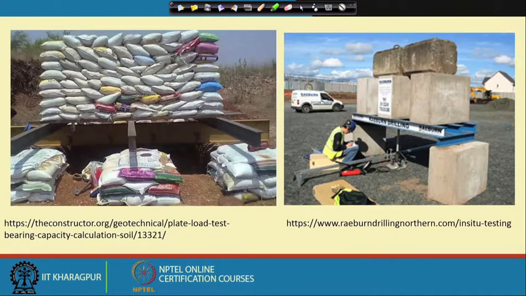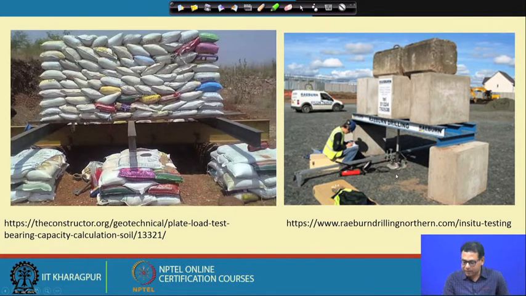This is a photograph of the plate load test. This is the plate where it is tested, this is the trench or the pit where the plate is placed, and these are the reaction frames. These are the sandbags where the load is applied, because the hydraulic jack is giving a pressure on this frame, so that is giving the reaction. So we should have sufficient weight over this reaction frame, and here we have to apply the load, and these are the dial gauges.